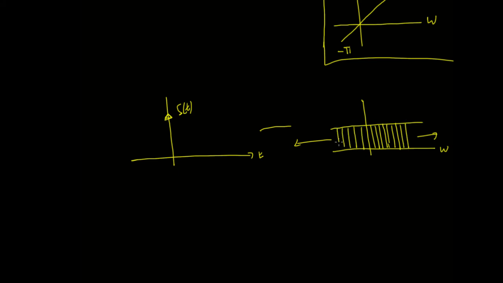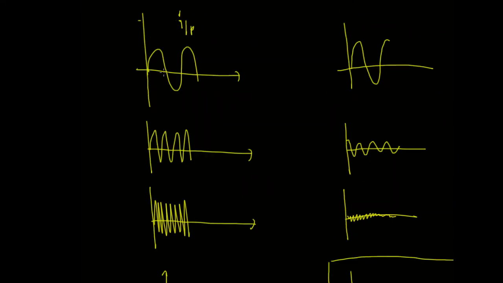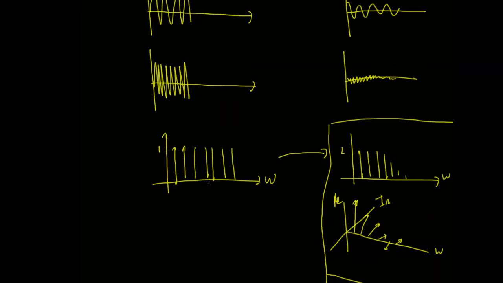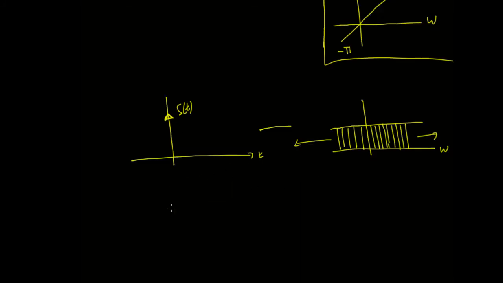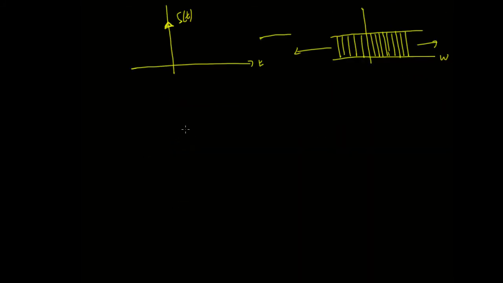So that would in effect tell us that putting in this impulse is equivalent to putting every single frequency into a system all at once. So that's equivalent to putting in all of these at once and then looking at the output. When you put this into your system, which is some system here, and you put that input in, that delta t, what you're going to get out is